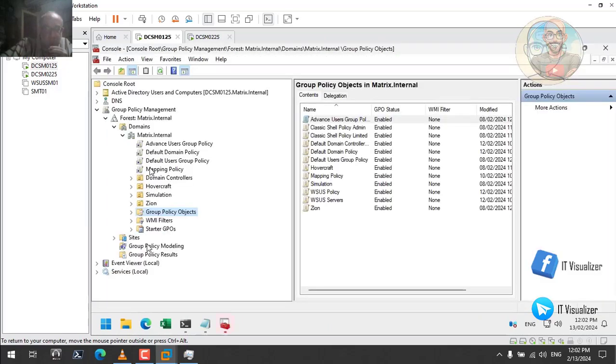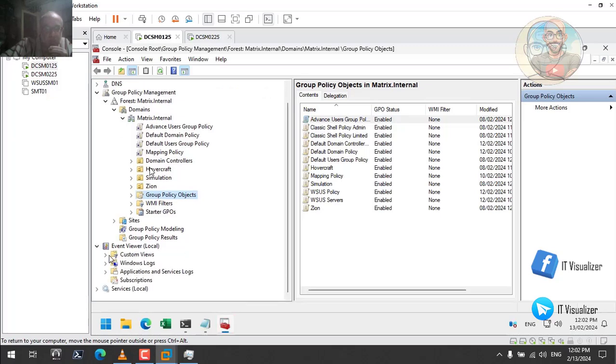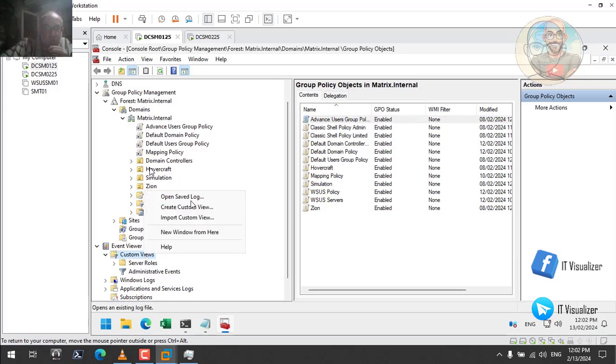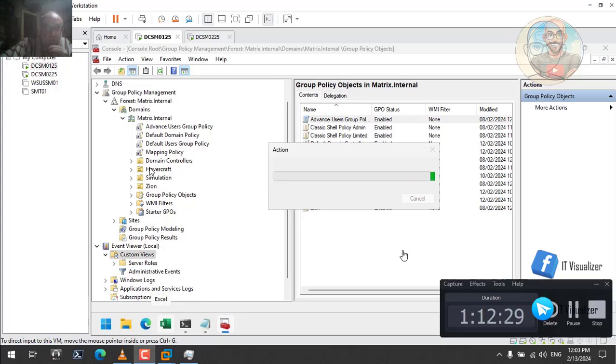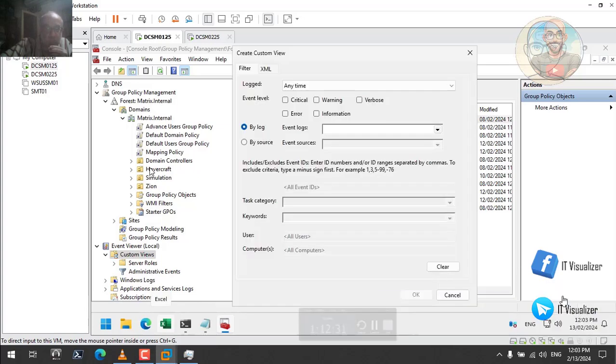As an administrator, you should focus on these events, and there is some third-party software that already focuses on the logs of the servers, monitors the important event IDs and informs you if there are any events you should focus on. There is a lot of third-party software that can do that. But if you are on a low budget, you should focus on